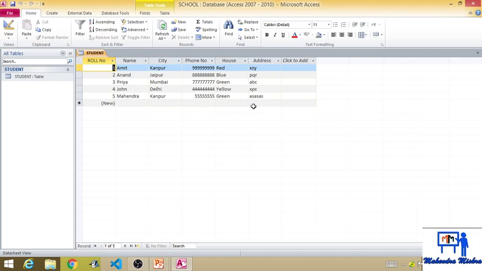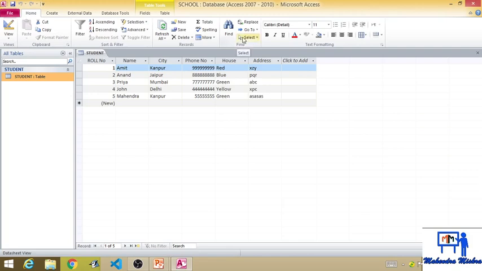Now I want to create a different table with the help of SQL, insert the data with the help of SQL, and update and delete the data with the help of SQL. So now let's understand how we will do it with SQL queries. Till now, just look at this window. We have a table named student. There is no other table, and this is the record of the student table. How we created the table and all these things, for this you have to watch my first video of MS Access.